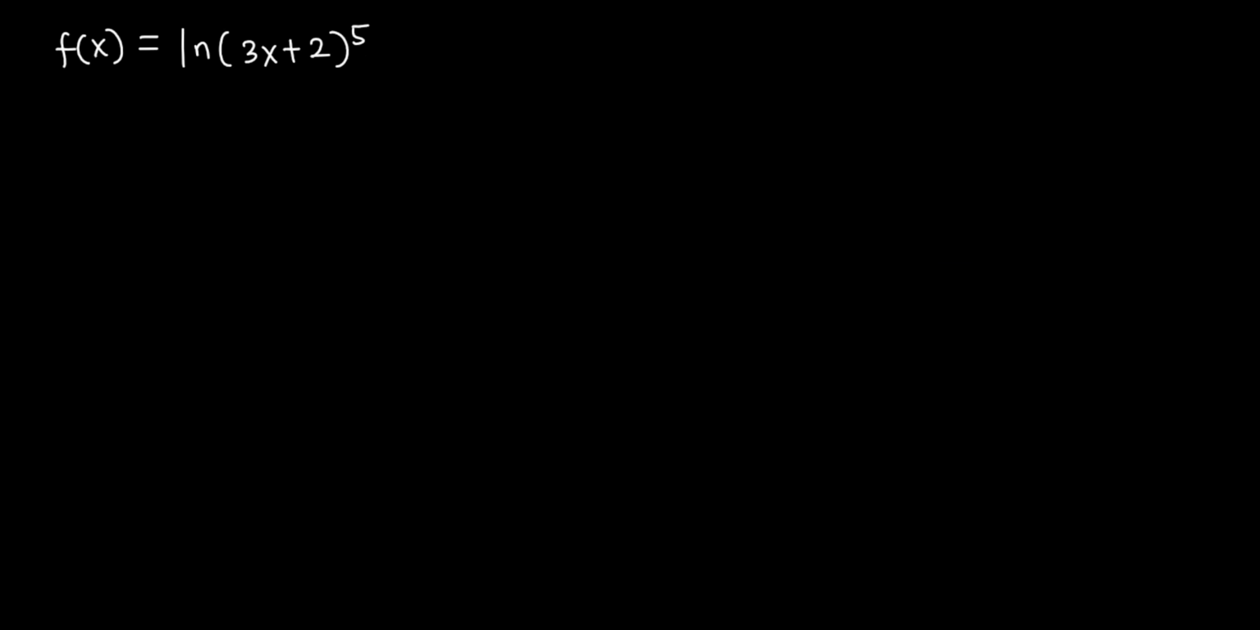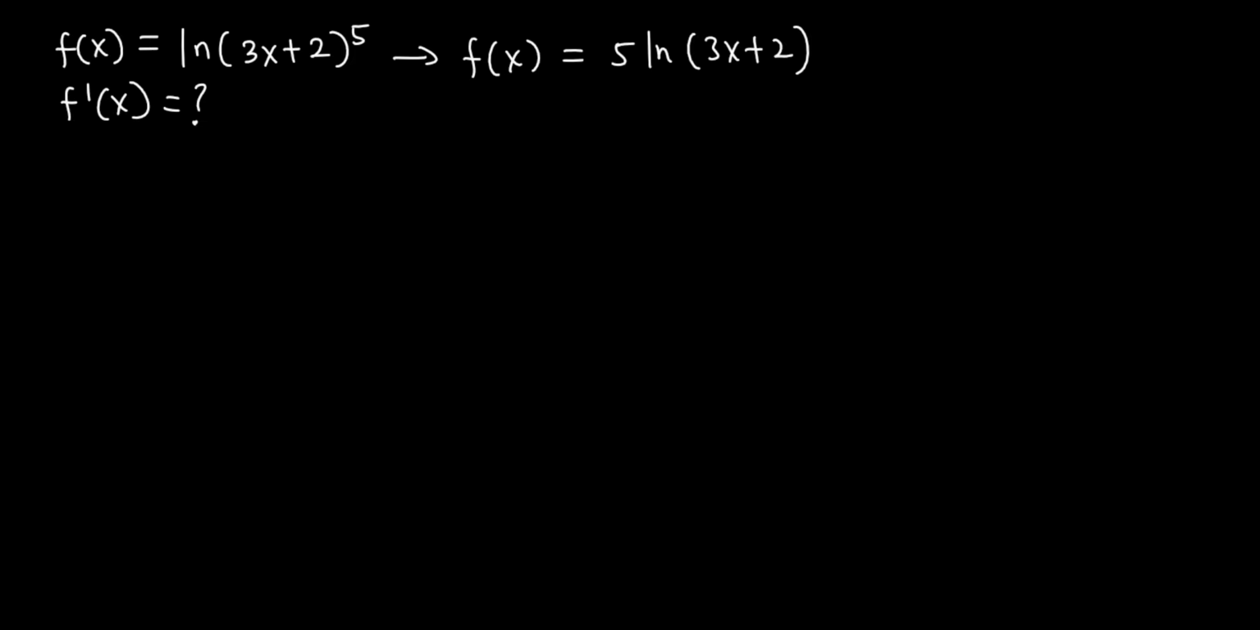I have another example here, so let's try our hands on it. I'm going to find f prime of x. How are you going to do this? To find f prime of x, we're going to use the power property of natural logarithms to rewrite this function. You can write f of x as 5 multiplying the natural log of 3x plus 2. This is the power property,